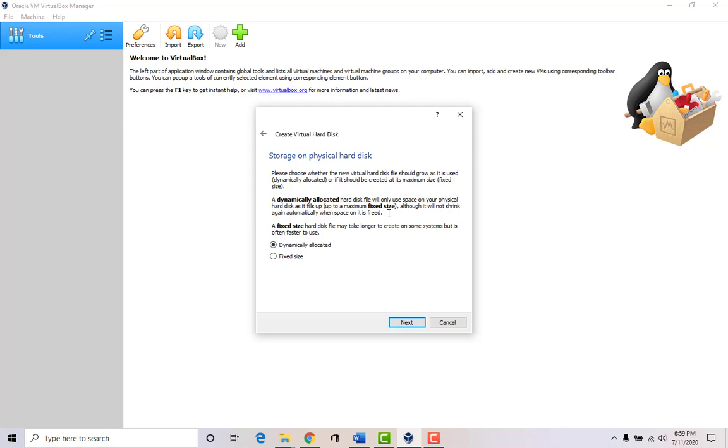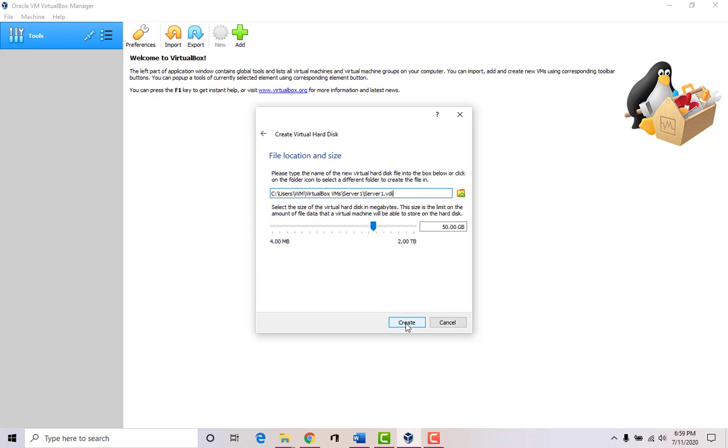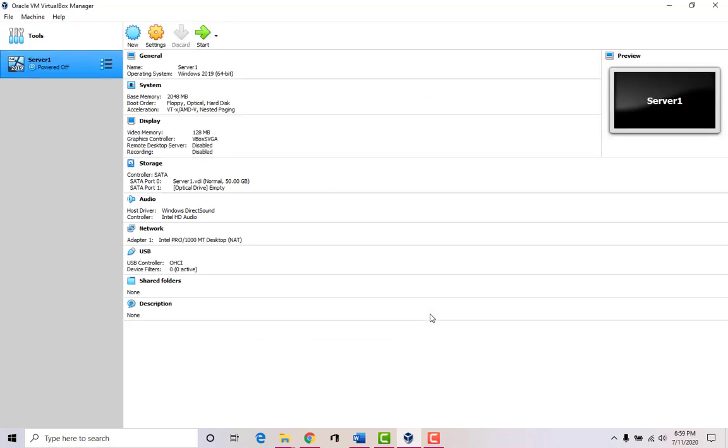So the installation is probably 20 gigs or less, and as you start adding applications to the server or files, then it starts to fill up. But this is enough for what we want to do. Click next. The file location, up to 50 gig is enough. Click create, and so now we have our server space configured.